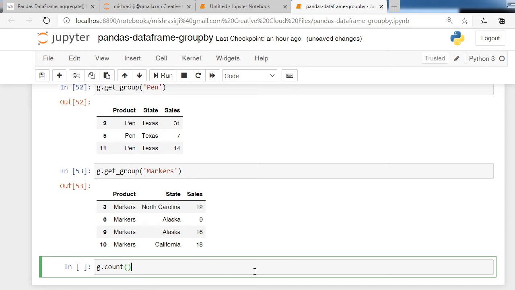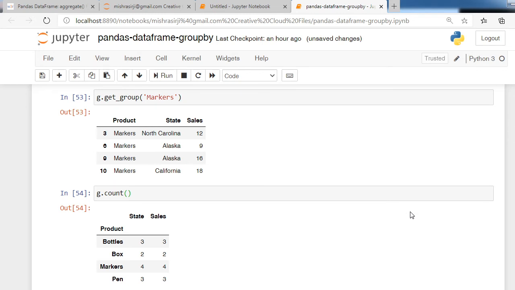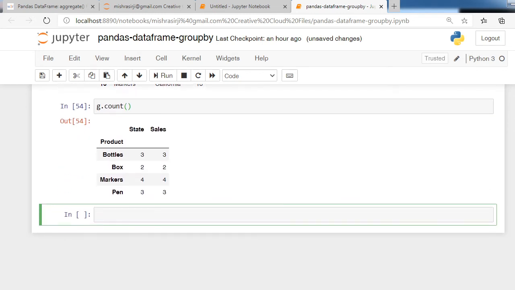When we run or execute this statement, it returns the total number of items from each and every group. So you can see what we have got in the output. It shows the names of all the columns and the total number of values from each group.